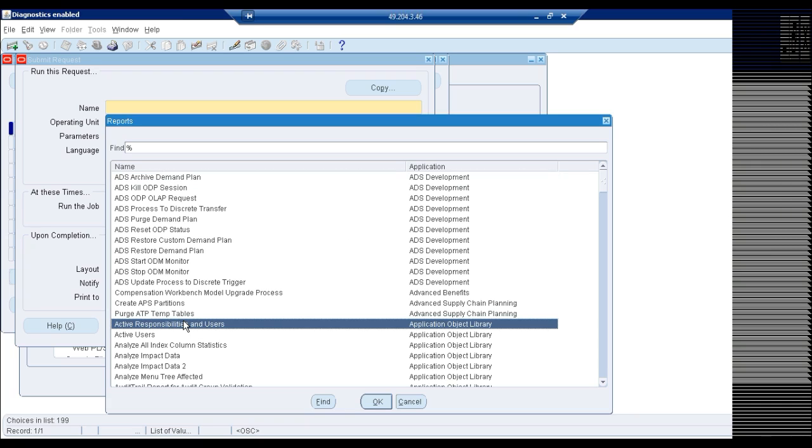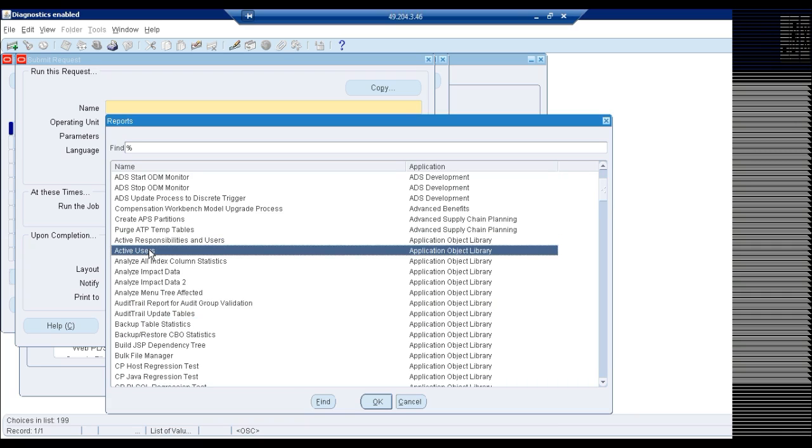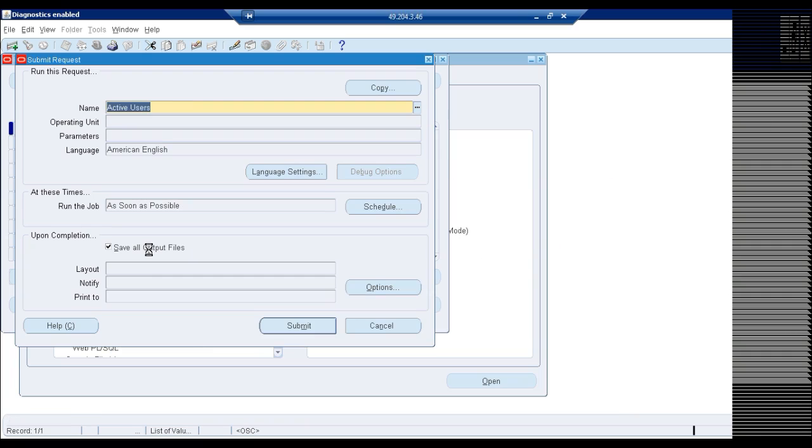Active responsibilities and users. How many are active right now and how many are end dated? Say some users leave the organization. Say tomorrow I am a clerk, I get some better job somewhere else. They are paying me more, I leave this organization, I join somewhere else. So what will happen to my username? It will be end dated. It will be inactivated. So I can run a report like this, active users, and see how many active users are there in the